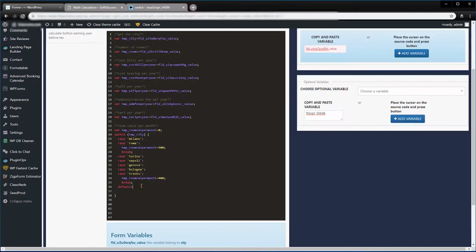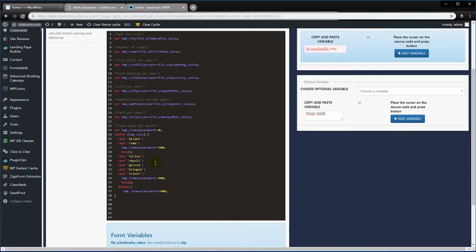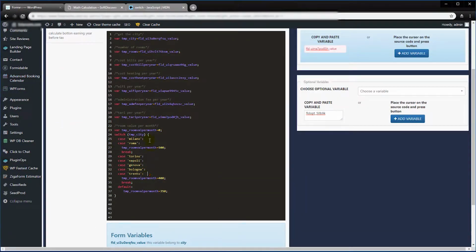So for that case, I will put this default. This part is for everyone else. So that's the reason I put 350. That's it. Now we have the room value per month,